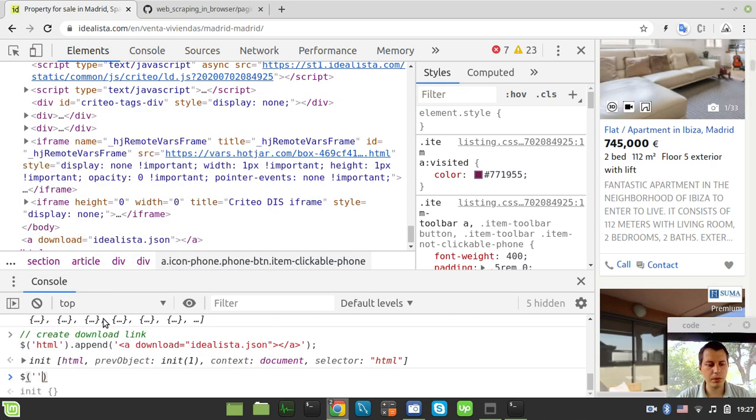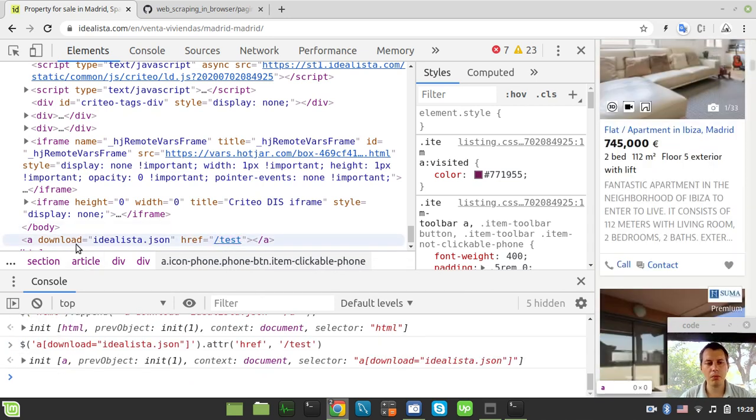So in order to do this, we need to select the a tag whose download attribute is equal to idealista.json, and let's try to set up an attribute of href. Well, first let's try to set this equal to some test value, just to make sure. Okay, so we're working exactly with this link. And now instead of this test, we need to say